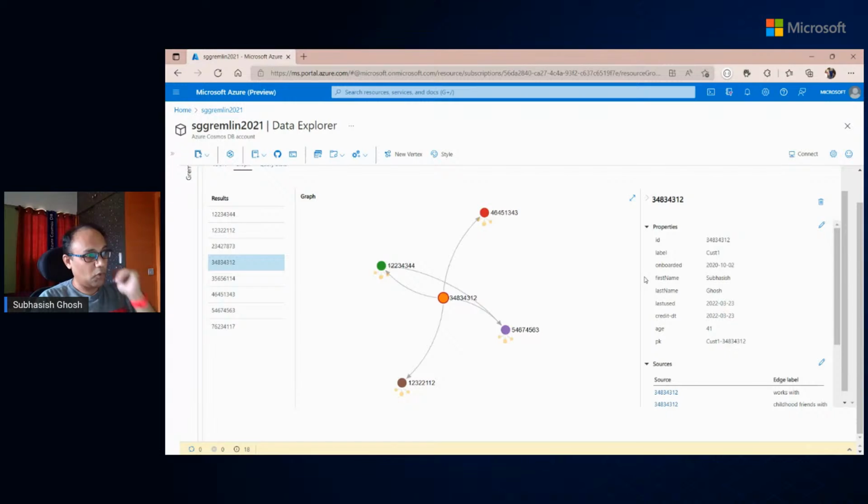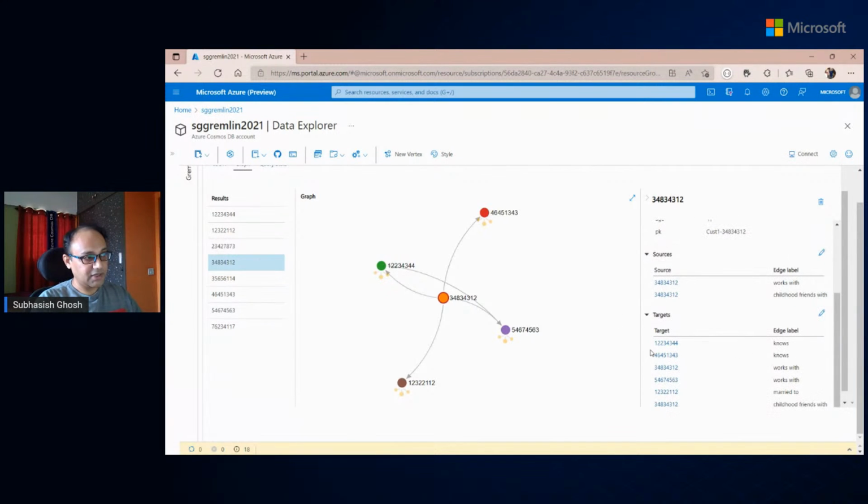Now, if I go to the portal, this is what it technically looked like. Of course, for 4 billion edges, it will be much more complex in nature. We also utilized a third-party tool specifically for visualization of this graphical representation.